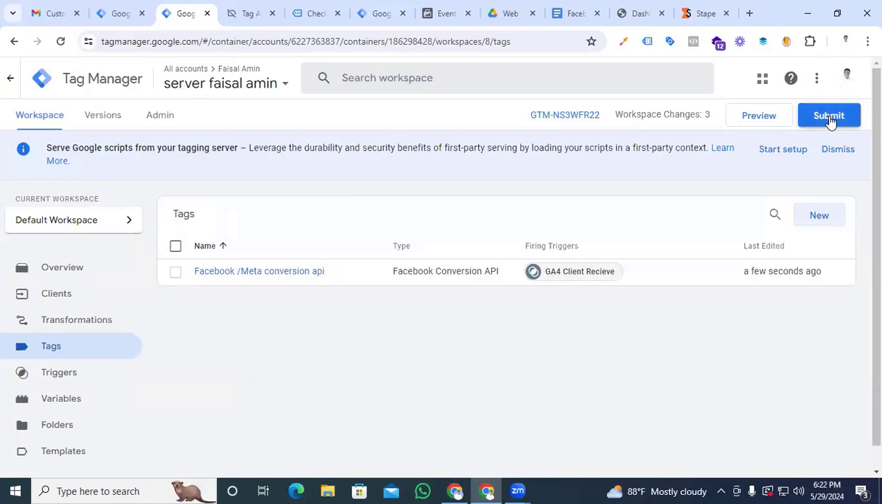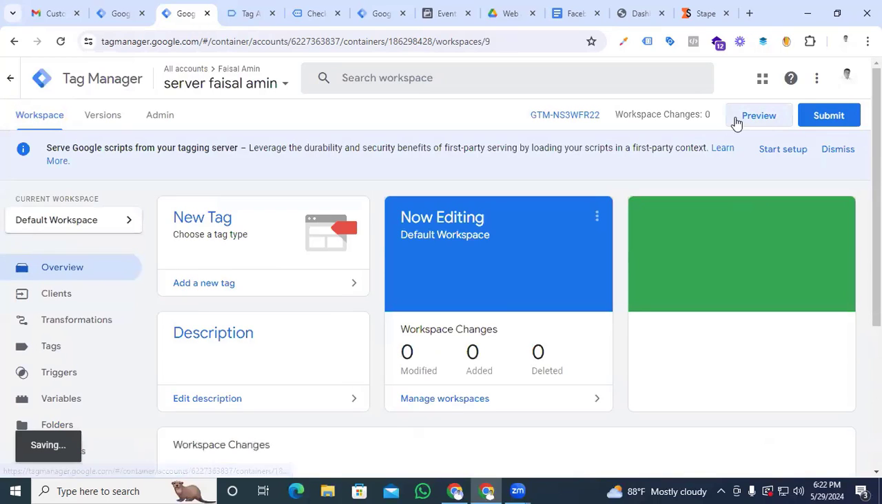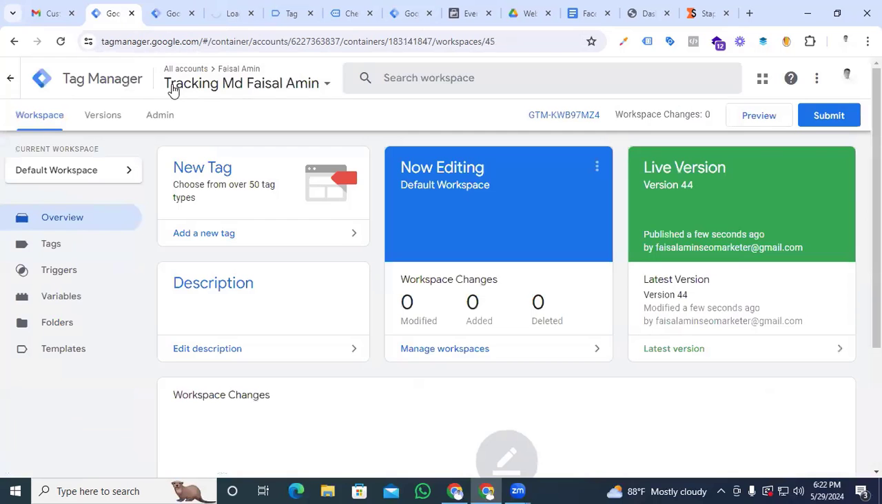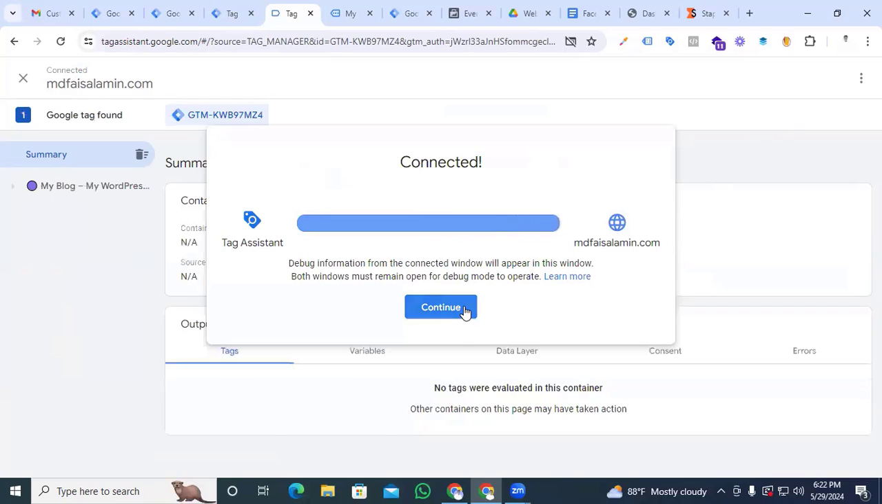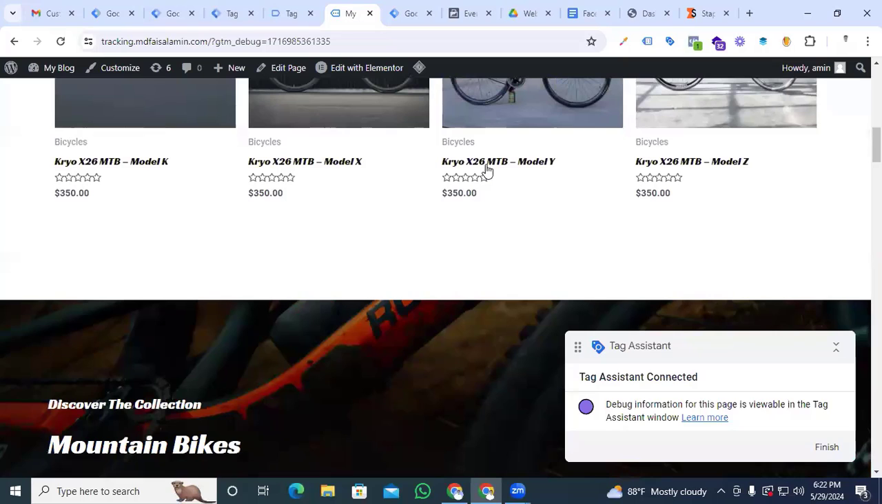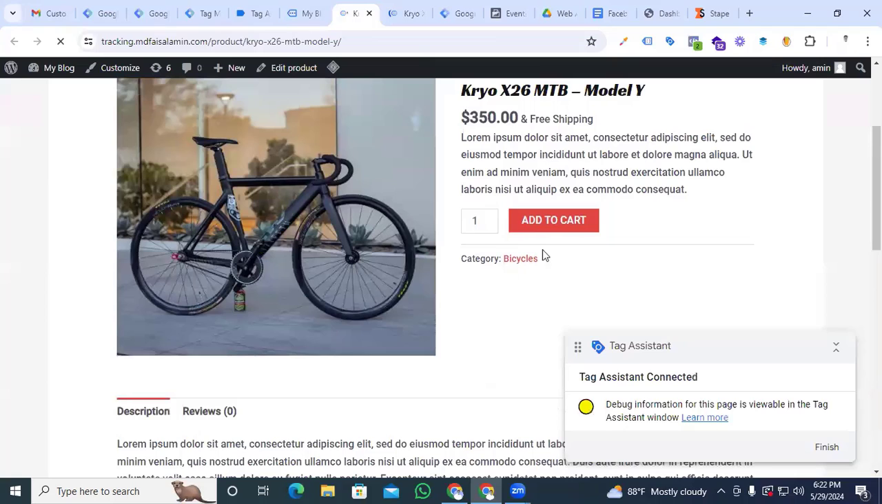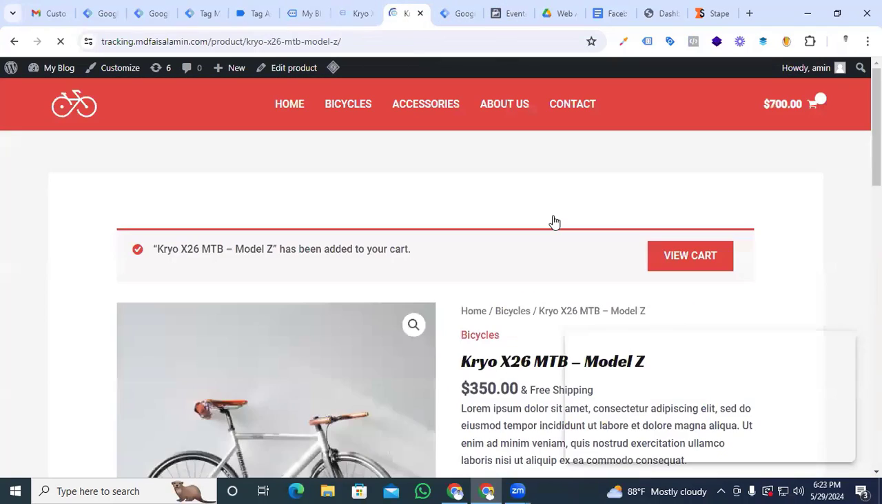Now we have to submit this tag in the workspace. We go to the preview options for the server container as well as the browser container. We have to preview and check whether all our events are working perfectly or not. Our Tag Assistant is connected with our website. Click continue, and you can see on the right side that Tag Assistant is connected with our website. So we open multiple products and then add to cart, and also click the cart,